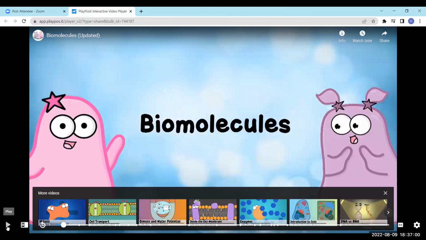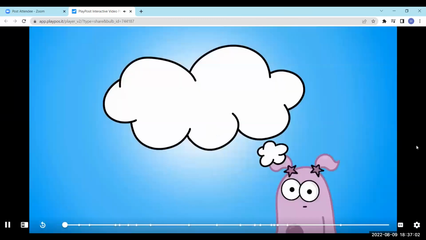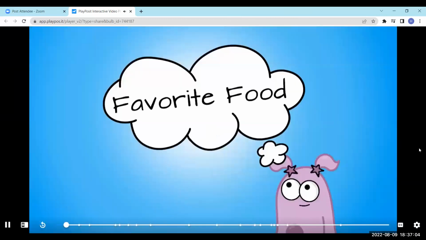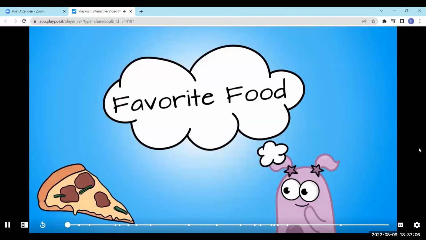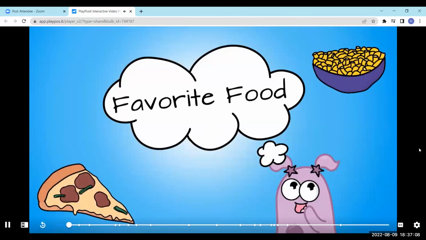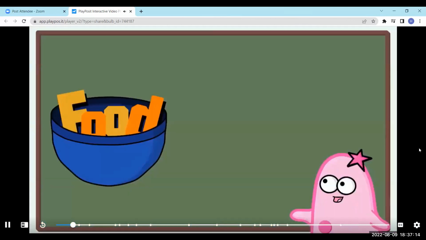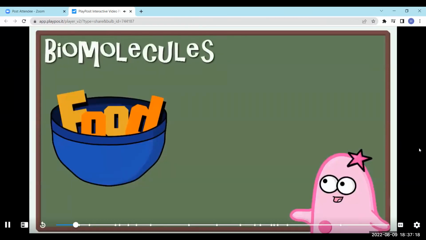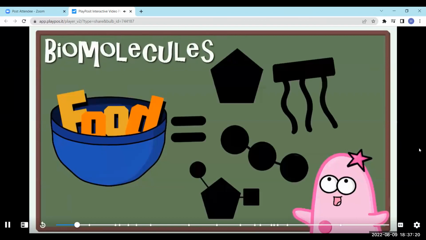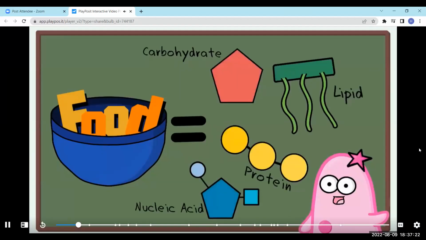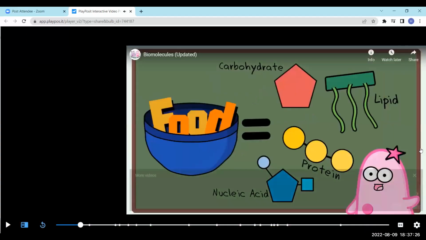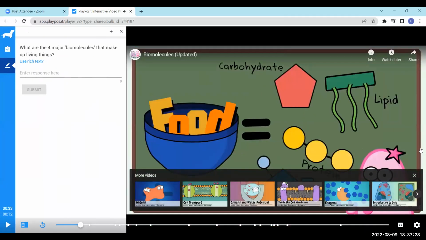Go ahead and think for a moment about your very favorite food. What is it? Pizza, macaroni and cheese, chicken salad, sushi? Well, we all have different food preferences, but food is a source of large molecules that are needed for life, called biomolecules. There are four major biomolecules that make up all of life, and this will be the focus of this video. Before we get into detail,